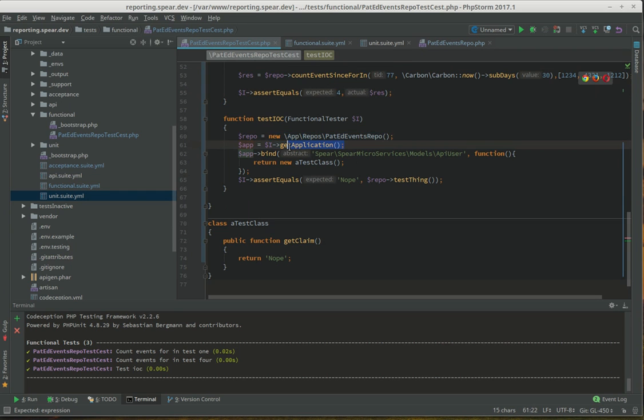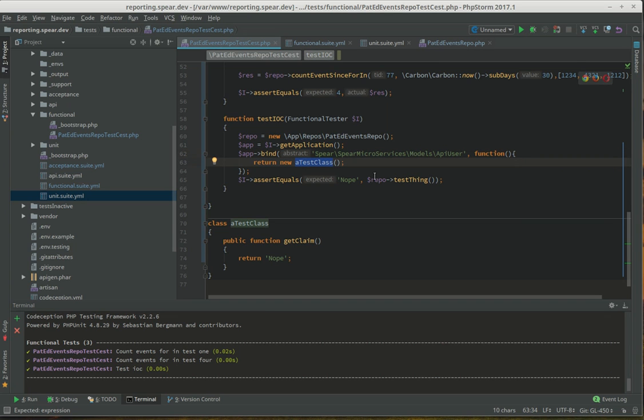So I'm going to use getApplication, which is a function from the Laravel 5 module, and that gives me my app, and this is the Laravel app. And so once I have the Laravel app, I can bind something into the container by the name I'm going to use, and my bind is very much like a service provider, so I'm going to return a new instance of a test class. So when